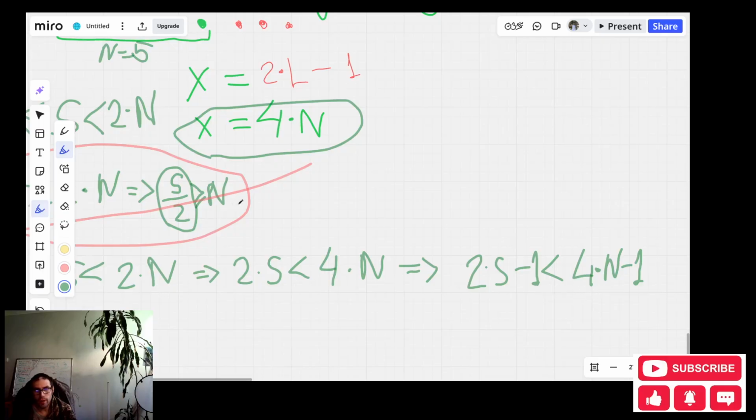And also we can say that our tree, which has n leaves, will have fewer elements than this thing.